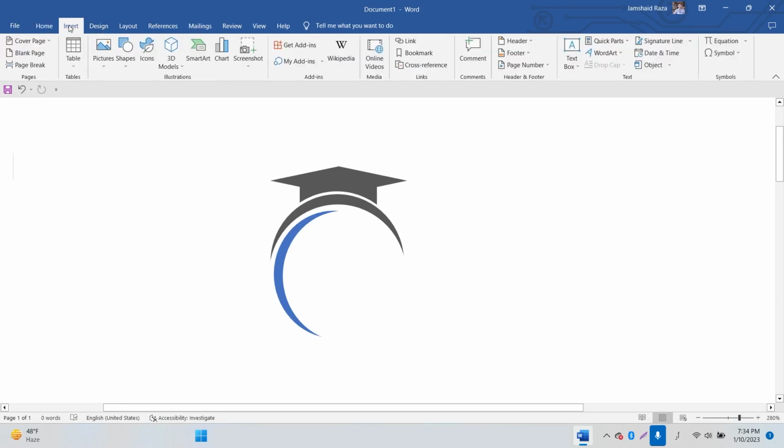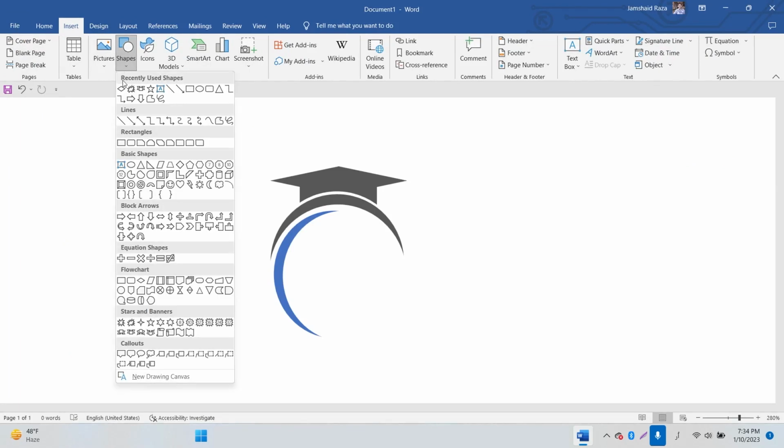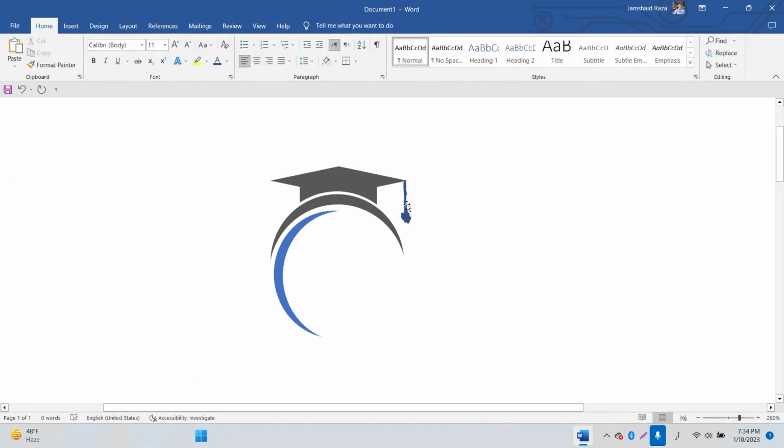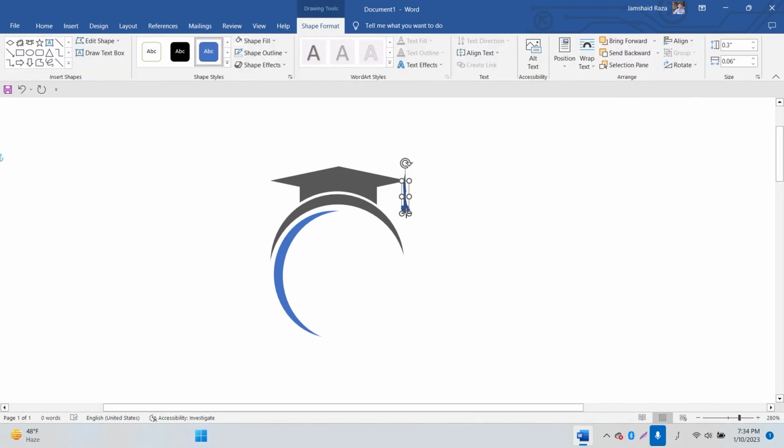And insert, and we can just take shape, and I have free form, and we are going to make a free form something like this one, and it should be like the head. Okay, now see, I can also adjust the size of that one,